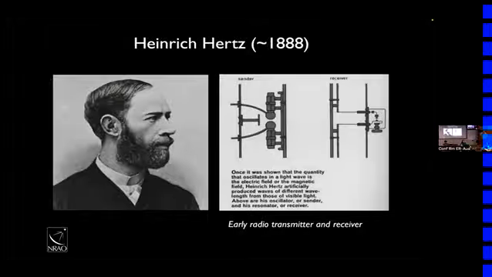The history of radio astronomy, or the ability to generate and receive radio waves, starts in the late 19th century, almost 150 years ago. Heinrich Hertz, you may recognize that last name for our unit of frequency. What's shown here is an early engineering schematic drawing of an early radio transmitter and receiver. Once humans figured out how electromagnetic radiation works, with perpendicular electric and magnetic fields, then it was determined there were ways to artificially generate these types of waves.